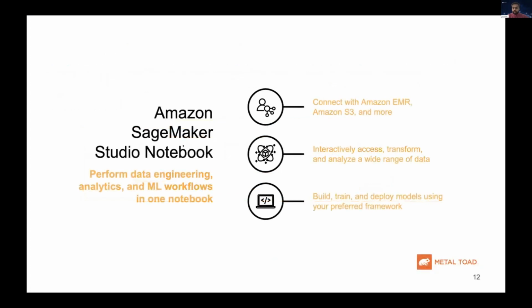Amazon SageMaker Studio offers a SageMaker Studio notebook. A notebook is the place where engineers and developers write pieces of code. SageMaker Studio notebook integrates with data sets like EMR, S3. It also has different capabilities to transform and build the ETL pipeline. So for example, if your data resides in Snowflake or S3, you can leverage SageMaker Studio notebook to integrate and